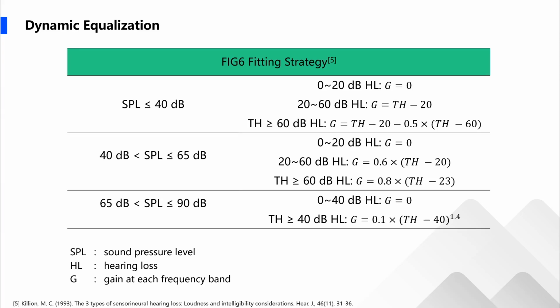For low input levels, gain is prescribed with the goal of providing aided threshold when the hearing loss is mild to moderate in severity. For a greater degree of hearing loss, aided threshold increases as a function of increasing severity. At middle to high input levels, the gain required for normal loudness perception, assuming 65 and 95 dB SPL input levels, is prescribed. The amount of gain required is based on average data obtained from individuals with hearing loss.